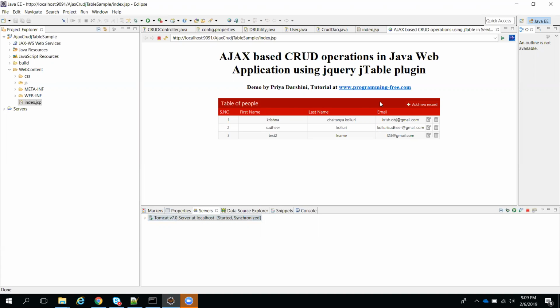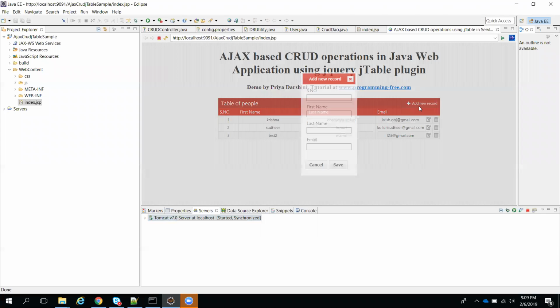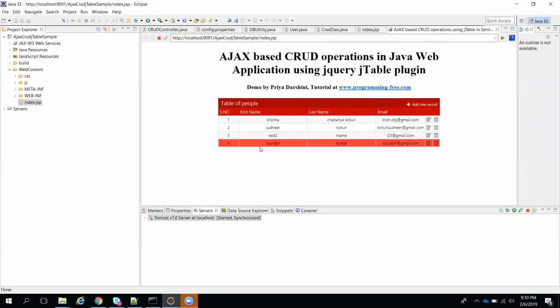Okay, so just keep in mind, now our data is coming from the backend. See, if you see these options, this is my data from the database. When I click on add record, I will show you how it is happening. See here, I'm getting serial number. I'm giving some number as 3. For example, 3 is a primary key, so it will throw an error. And first name, I will give anybody's name, Saurabh, Kumar or something, and some email address. So when I click on save, see, that record is added here.